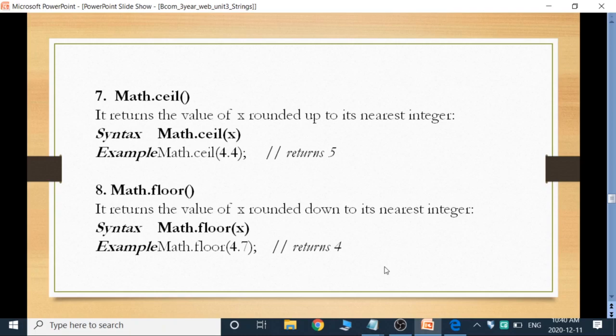The next integer after 4 is 5. Then ceil rounds it to 5. Whereas if I set it as Math.floor of 4.7, then it returns 4. The nearest down integer is 4. That's why it returns 4.